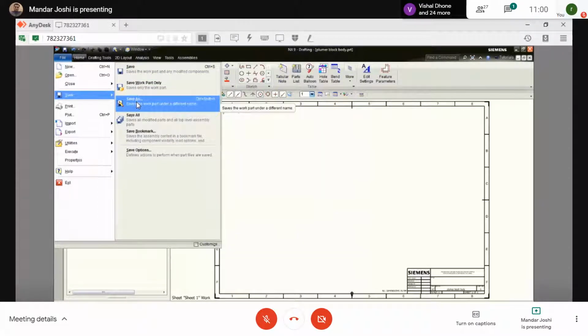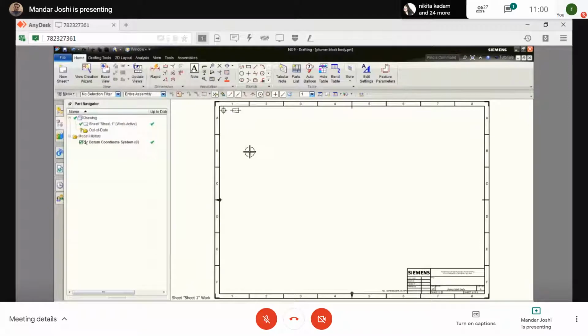With save as, the original file remains, and the settings are applied to a new file that is generated. And if you use save, the same file will be overwritten. So I first create all the standard settings, and using that standard setting I continue further using the save as file option.